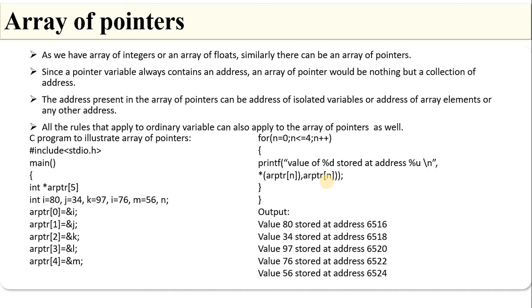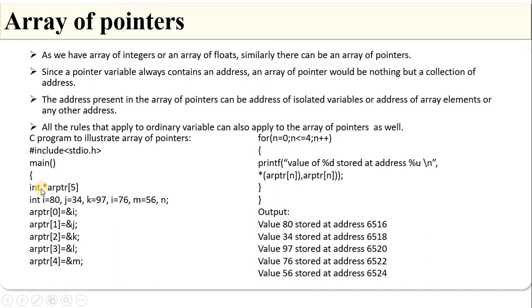That is, A[0]'s address, A[1]'s address, A[2]'s address if A is an array, or any other addresses for that matter. Right? It's an array of pointers. It's just like you have an array of integers, an array of floats. Here, there are different pointers and you're clubbing them, you're making an array. So it's an array of pointers. It will be more clear through this program.